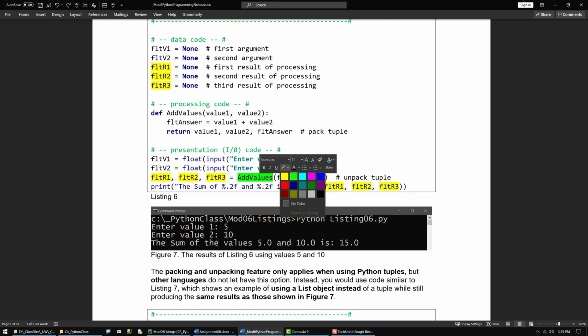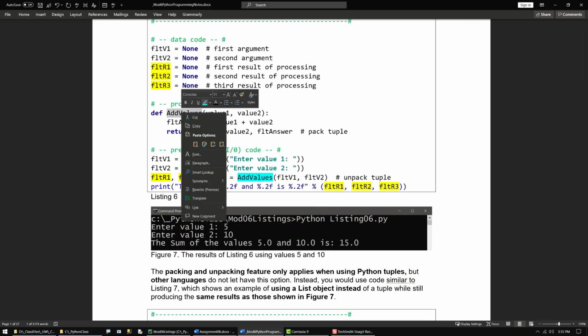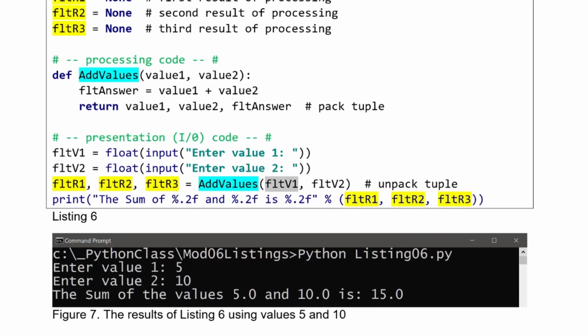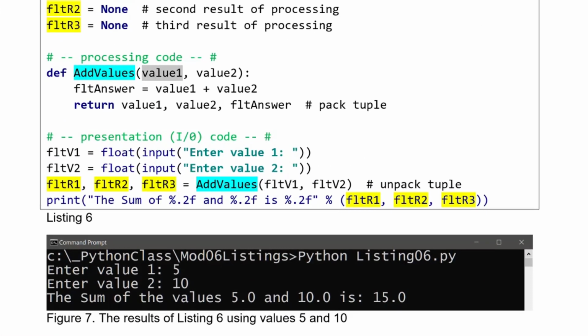Now, as I'd mentioned, the function has to be defined before it is used in Python. So when this function gets called, the variables are used as parameters. Those variable values we passed over. And in my example here, I'm using 5 and 10 again. So 5 gets passed over to value 1, 10 gets passed over to value 2. I do my addition, and I capture the answer. But this time, instead of just returning the answer, I've chosen, just to show it can be done, to return